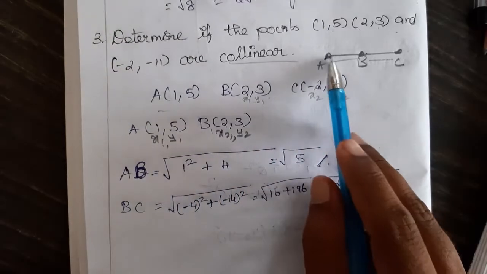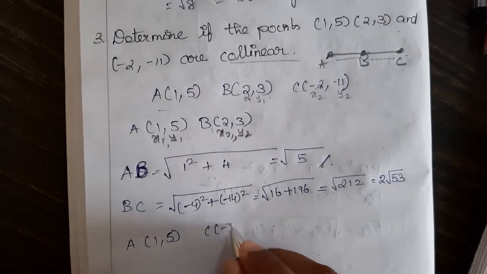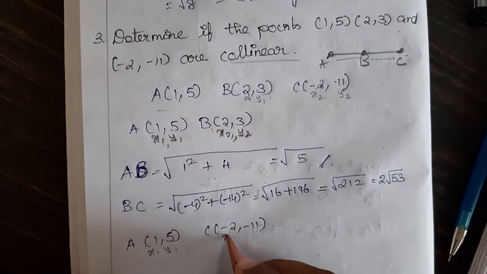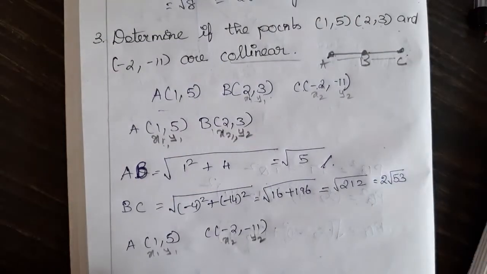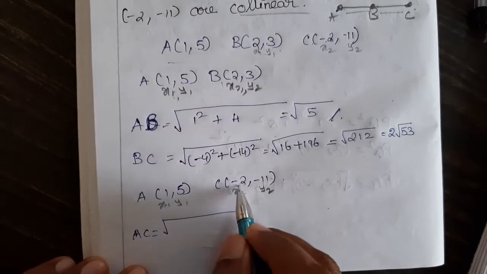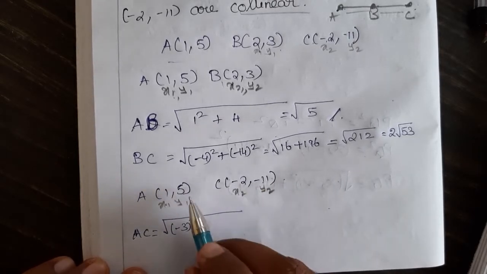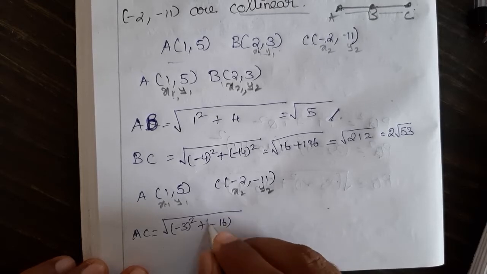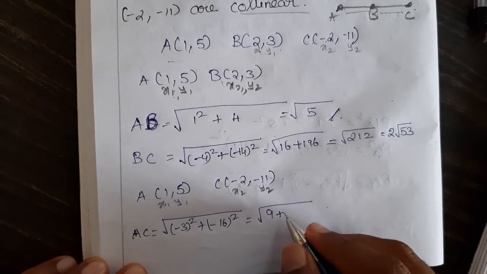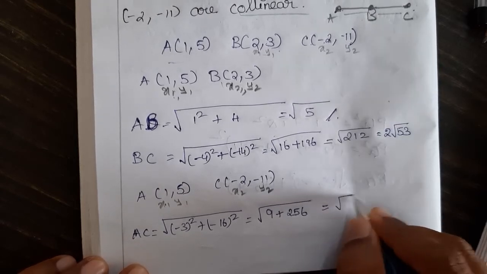Next we will find the distance of AC. A means 1, 5 and the C point is minus 2, minus 11. So it will be x1 y1 and this x2 y2. So the distance of AC is equal to square root of x2 minus x1, minus 2 minus 1 is minus 3 square, plus y2 minus y1, minus 11 minus 5 is minus 16 square. So minus 3 square is 9, plus 16 square is 256. 16 into 16 is 256. If we add, we will get square root of